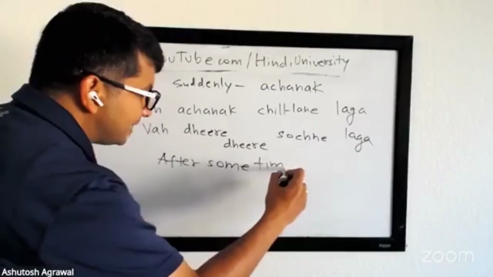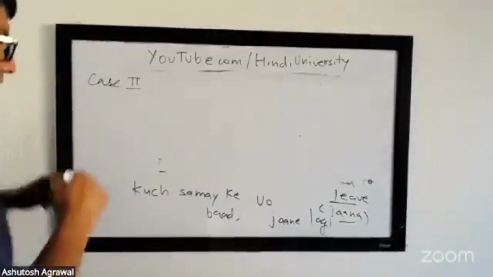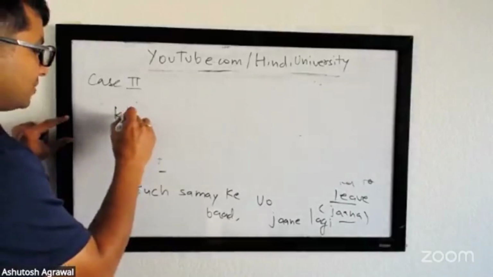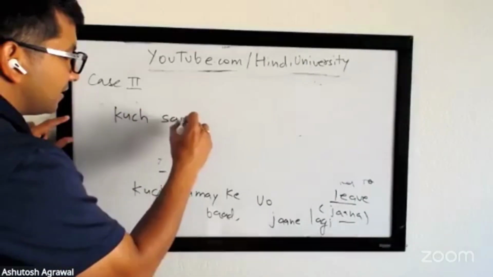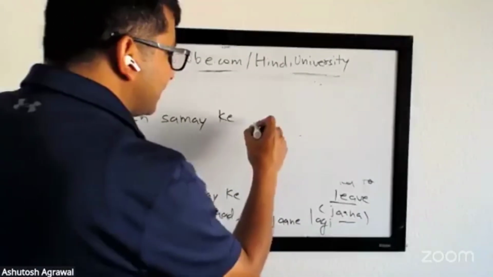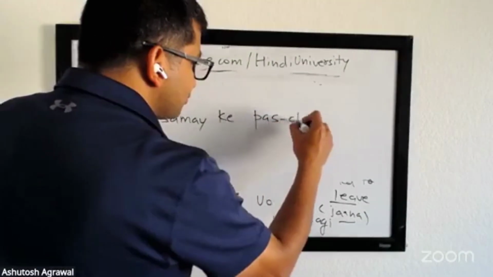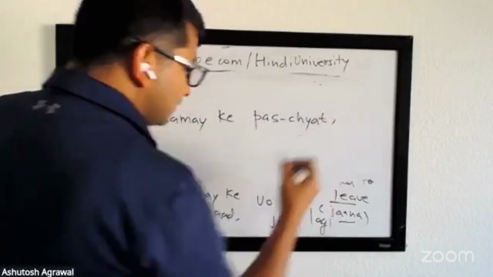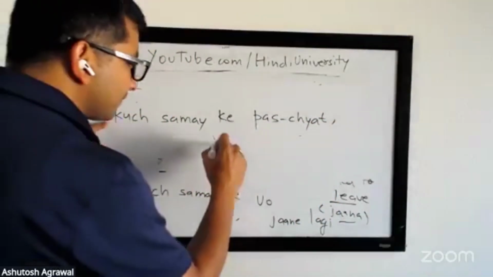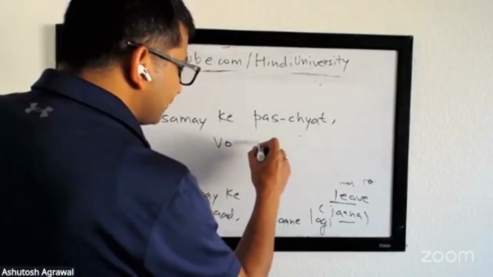After some time he started to leave. कुछ समय के बाद वो जाने लगी. More formally it would be कुछ समय, but it's very formal and it's like instead of के बाद it's basically पश्चात. Okay, वह और वो. I would just use the same verb actually. वो जाने लगी